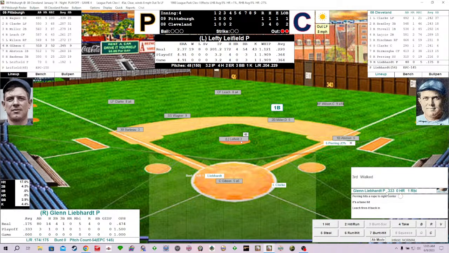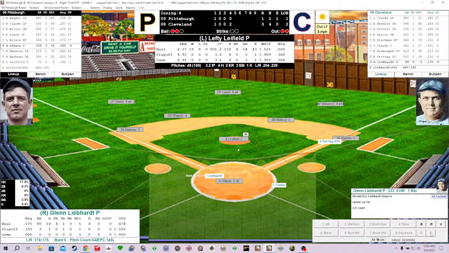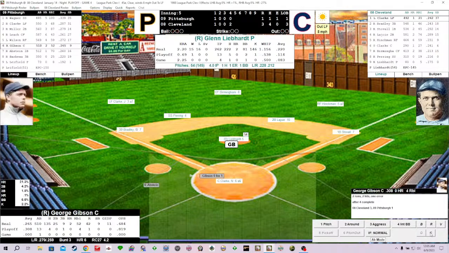He'll enter the top of the 5th inning, enjoying a 2-run lead at least. Leafield deals. Here's the 2-1 fastball, chopped up the middle. Comebacker, Leafield fielding it off the bump, fires it on for the final out. However, 2 runs, 2 hits, and 1 error. We've played 4 complete, and it's the Cleveland Naps 3, the Pittsburgh Pirates 1.